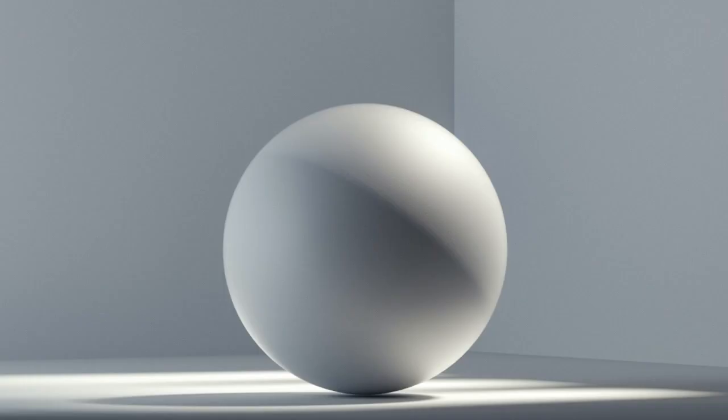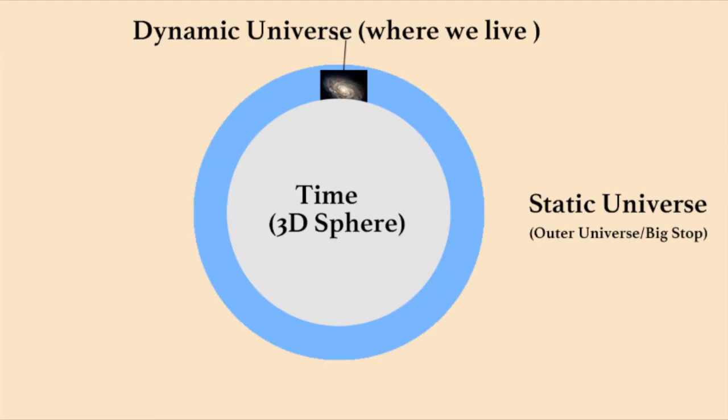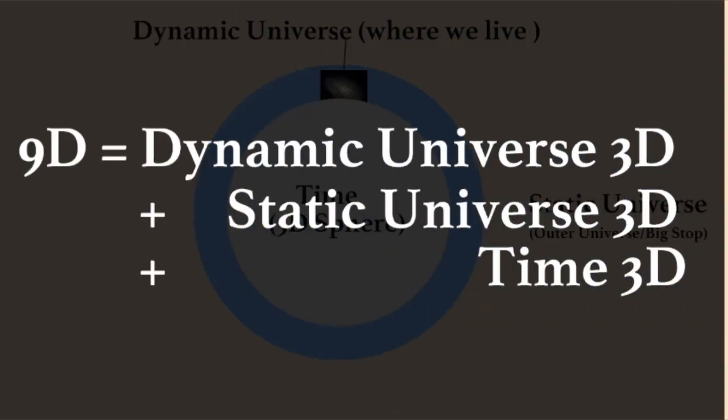Officially, Lionel calls it the supersphere theory. In Lionel's theory, time is actually a three-dimensional sphere. Our inhabited universe is referred to as the dynamic universe, situated within the membrane of this sphere. Surrounding the sphere is a three-dimensional universe known as the static universe, called Big Stop, which represents the exterior of our universe. This gives rise to a nine-dimensional framework comprising our dynamic universe's 3 dimensions, the static universe's 3 dimensions, and